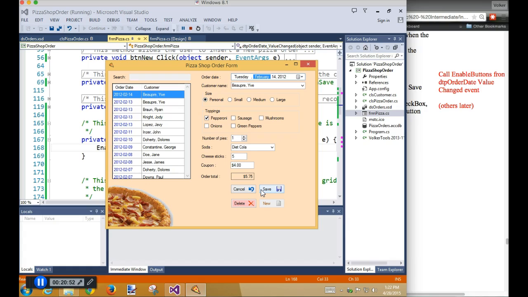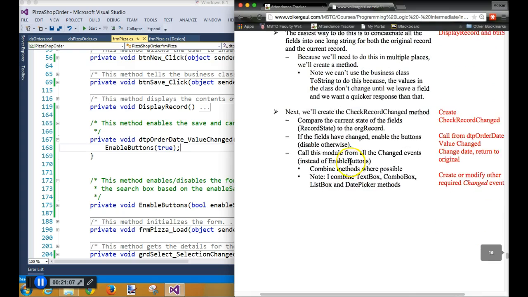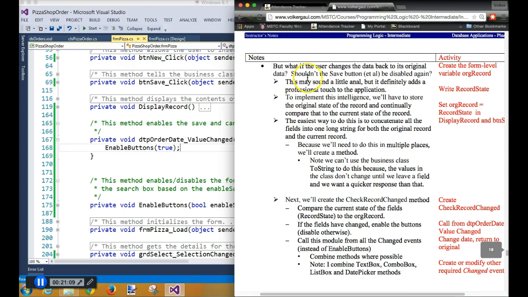Well, I'm anal. It's the same as it was when I started. Shouldn't these buttons turn off? I think so. It'd be a cool little feature, so let's make that happen. But what if it puts it back? How do I sense that the user put the data back the way it was when we started? And remember, we got a whole blooming form here that could be changed, little pieces, parts, and at some point